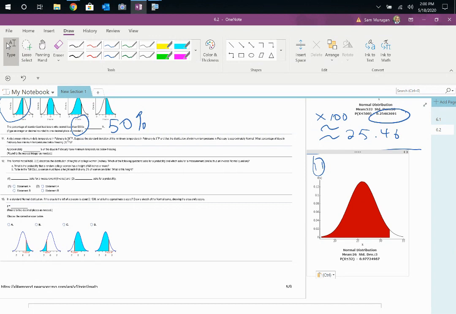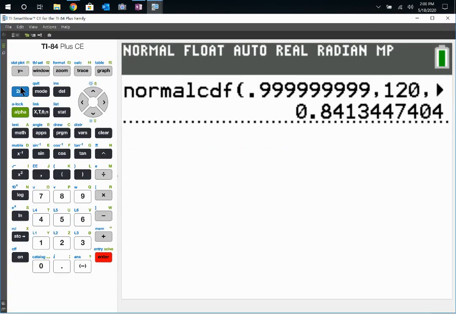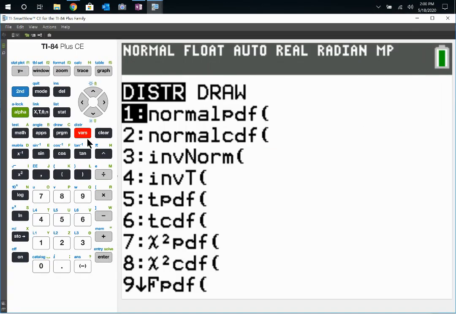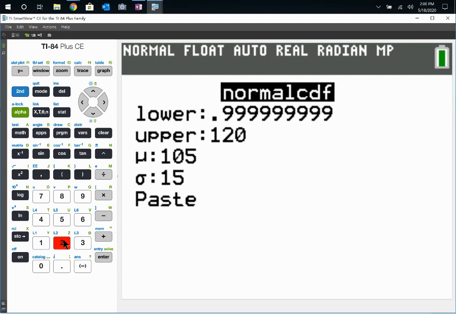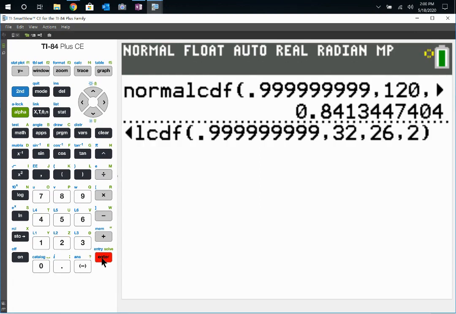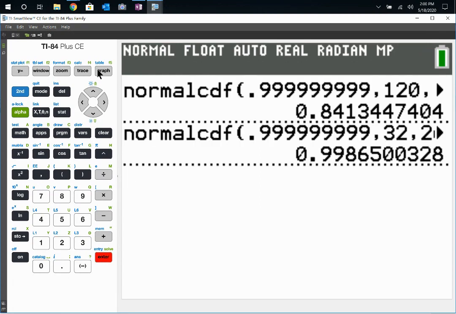Okay, approximately 98%, 0.9777 times 100. You can also do this problem with your calculator by selecting normal CDF, number 2. So the lower would be a really small number, the upper would be 32, the mean would be 26, standard deviation 2. Enter, enter, enter, and get approximately the same answers,